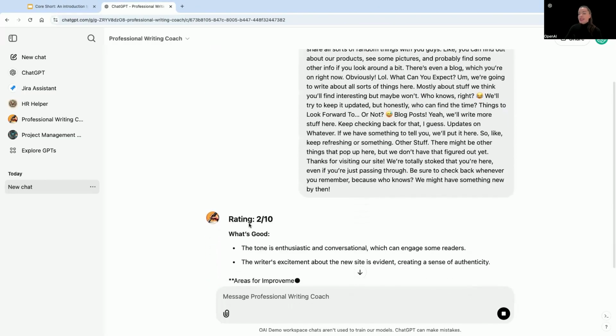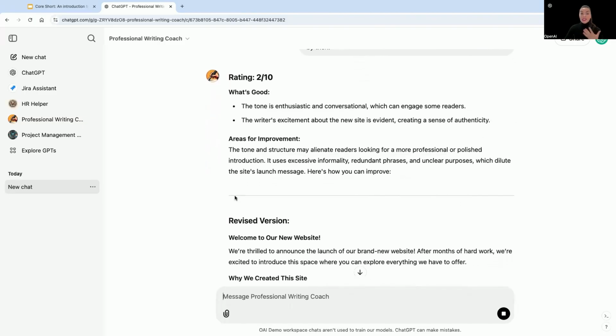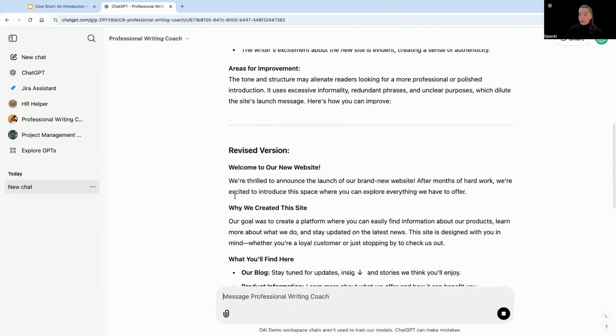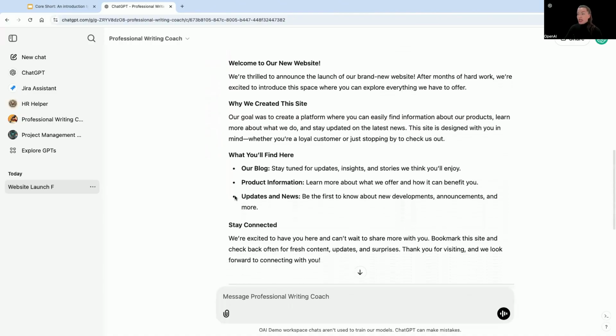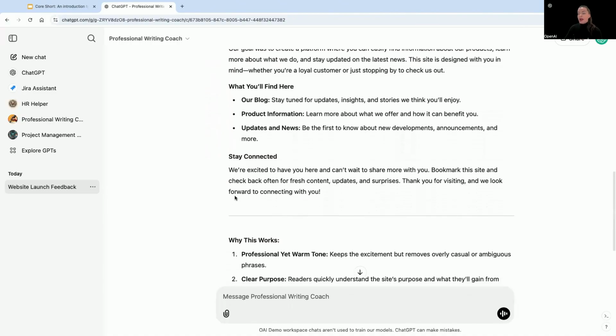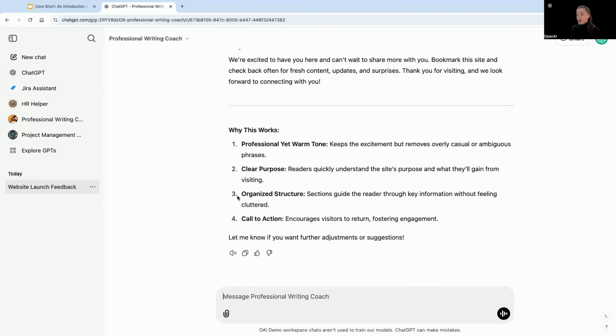So this GPT has given me a 2 out of 10. It's acknowledged that the tone is enthusiastic and conversational, and it's evident that there's a sense of authenticity. That being said, it has suggested some significant areas for improvement. We've got an overview here of the revised version, and this is really outlining how we should be writing this piece of work. It's saying it's professional, yet it keeps the warm tone,